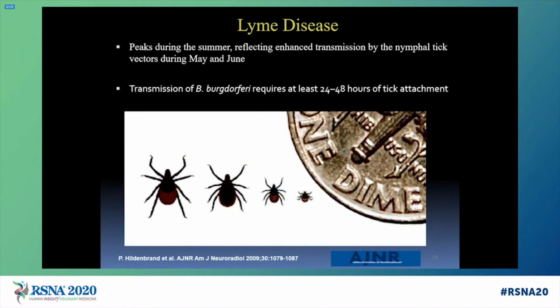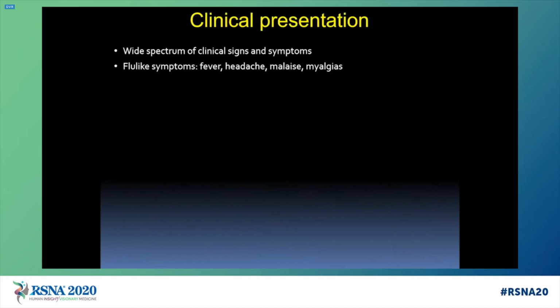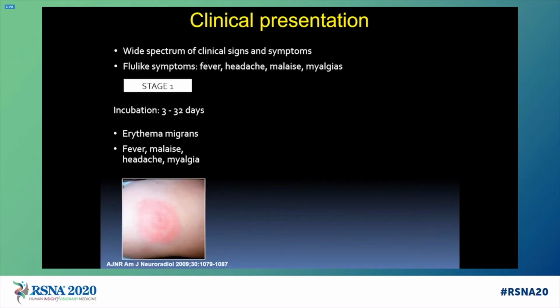This disease is also more common during the summer, and transmission of the spirochete requires at least 1 to 2 days of tick attachment, and the one responsible for the disease is this nymphal tick. In terms of the clinical presentation, usually patients will present with flu-like symptoms such as headache, fever, malaise, myalgias. A proportion of patients can present also with erythema migrans, which tends to be quite characteristic. We have this target type appearance of these lesions that actually represents the centrifugal spread of the spirochetes through the